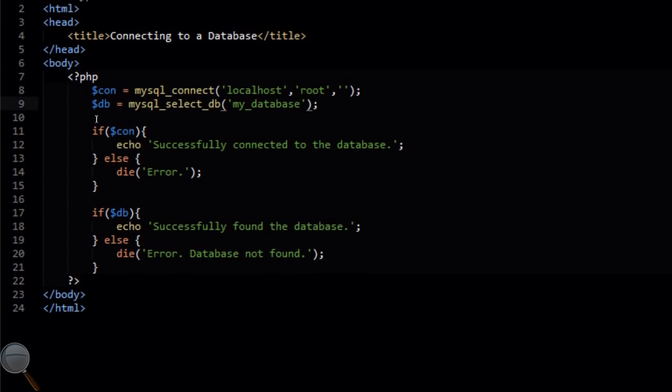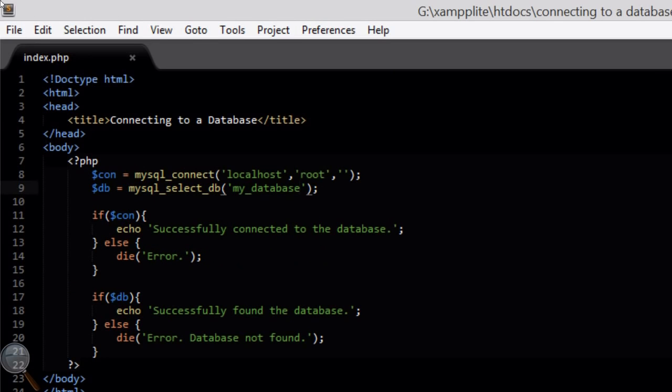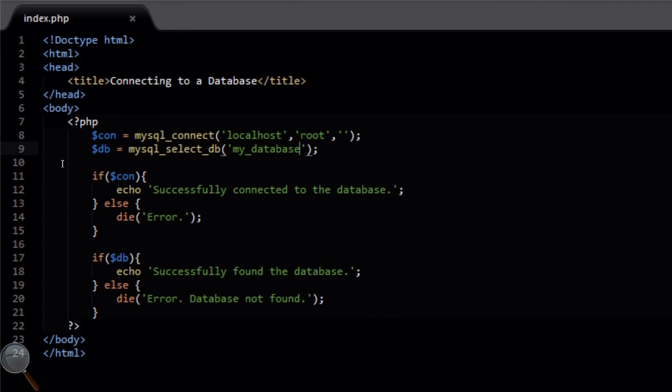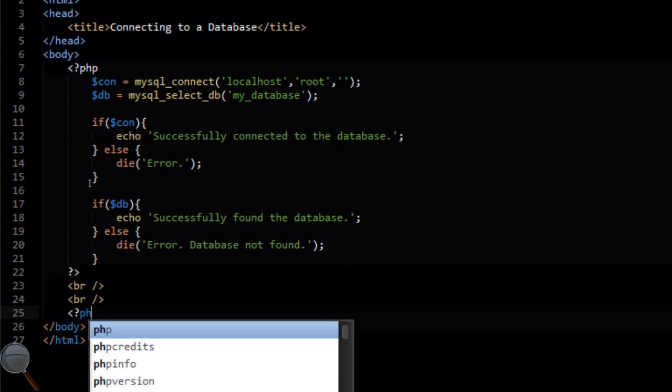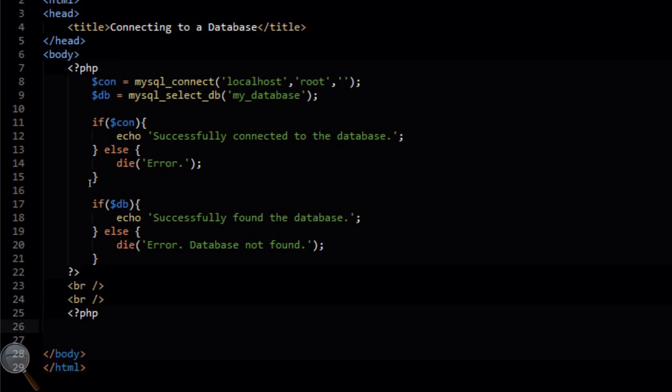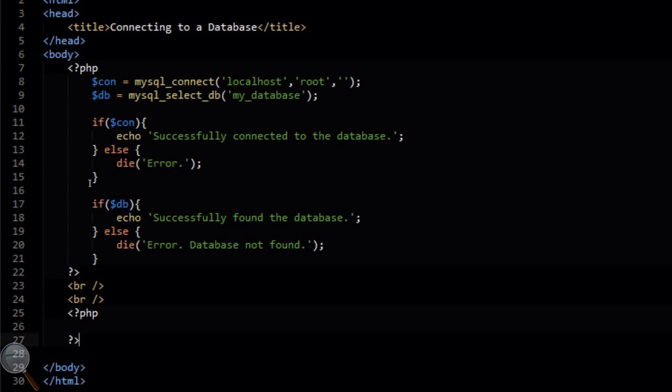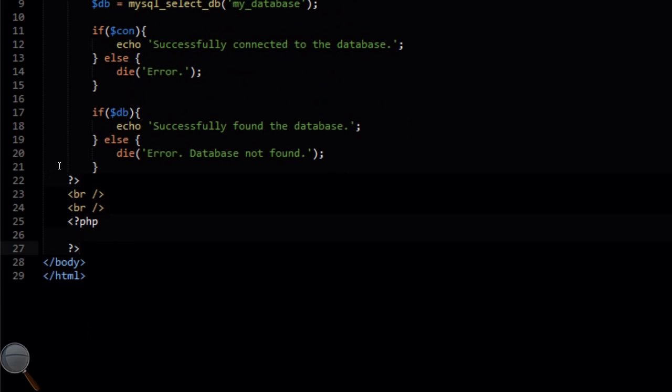So you don't need to display a message saying that you've successfully connected to the database. You don't need to display those messages. That's just to show you that it works and it connects. So now we are going to type some HTML, and we're just going to add a couple of line breaks, and then we're going to open another set of PHP tags, because what we're going to do now is basically display the information within our database on the web page. To do that, we need to first of all create a new variable called $query, which